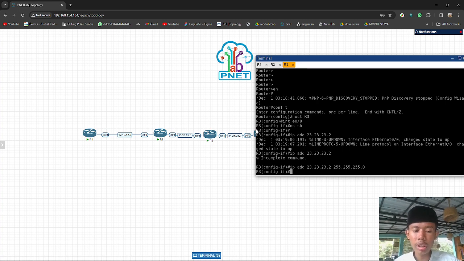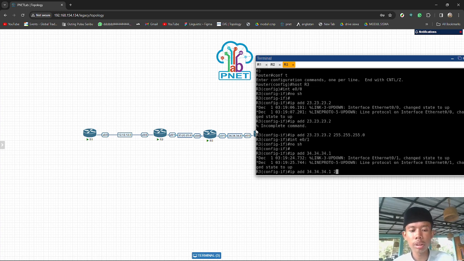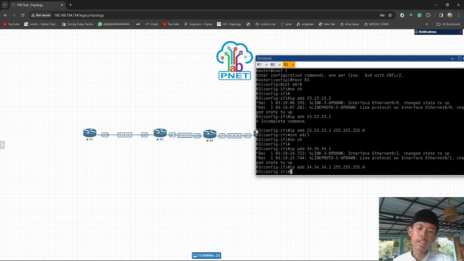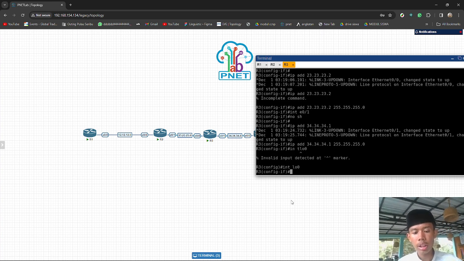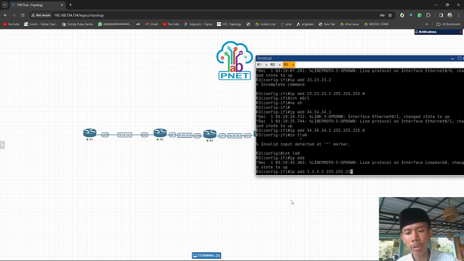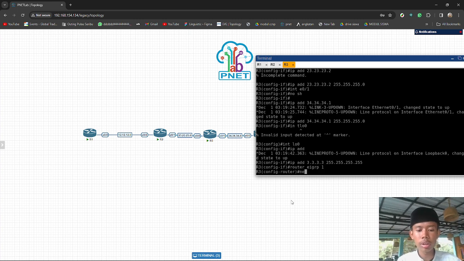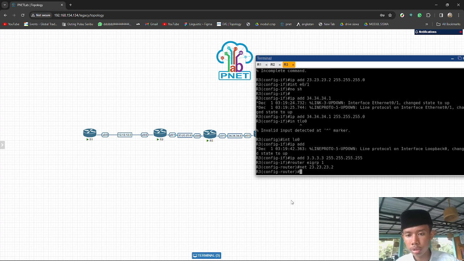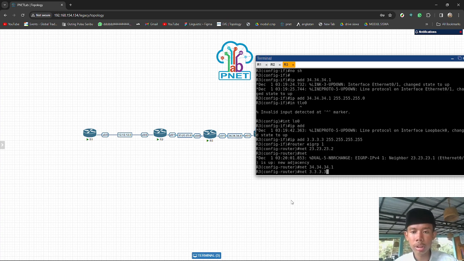Interface E0/1, no shutdown, IP address 34.34.34.1, 255.255.255.0. Then make an IP loopback, interface loopback 0, IP address 3.3.3.3, 255.255.255.255, and advertise all the networks into EIGRP: router EIGRP 1, network 34.34.34.1, network 3.3.3.3.